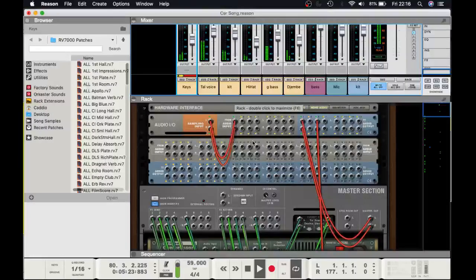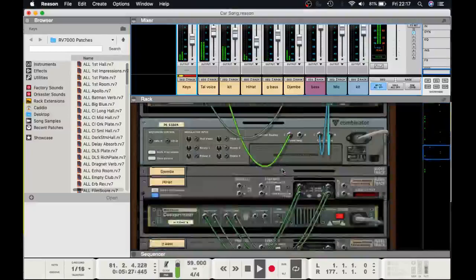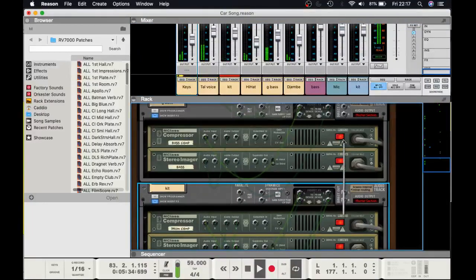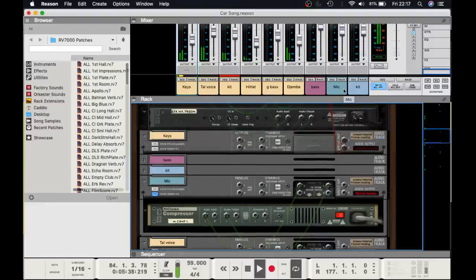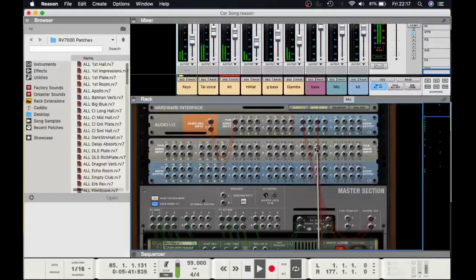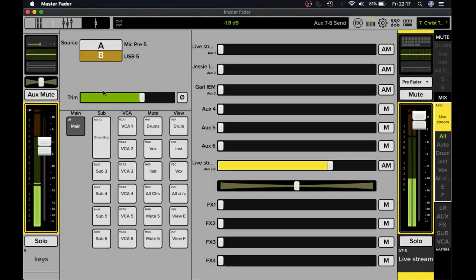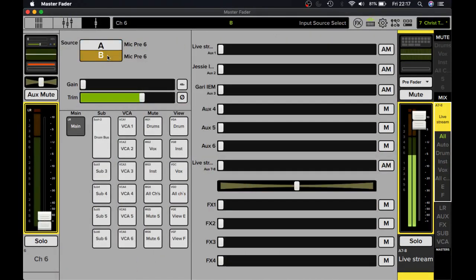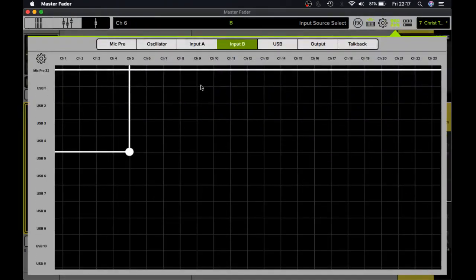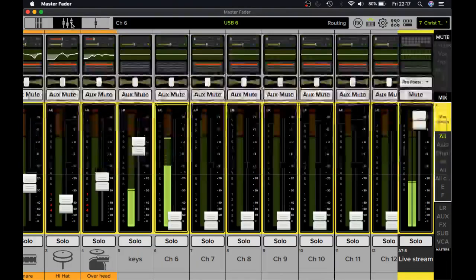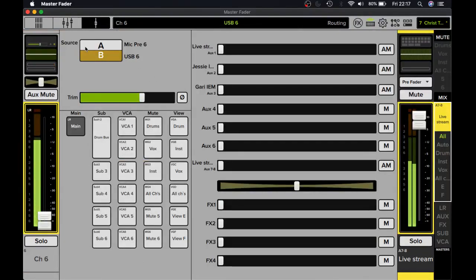I'm going to bring in the drum kit. Kit is going into 6. Come back into master fader. So channel 6. Now normally B would be on USB, but I'm having to manually do this because I'm using a preset I've done before. So there's channel 6. And then if I turn that up,